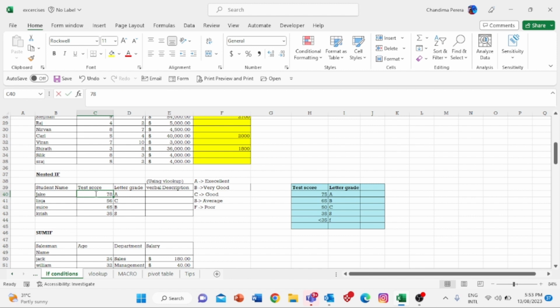So like this way you can change and see. If the marks is 23, you will get F. So this is how you can use the nested if for this type of grading system. So let's say if you need to give the output using this way, a verbal description,